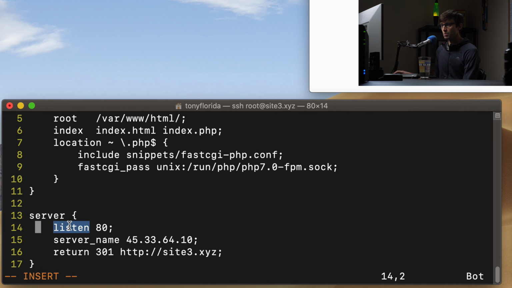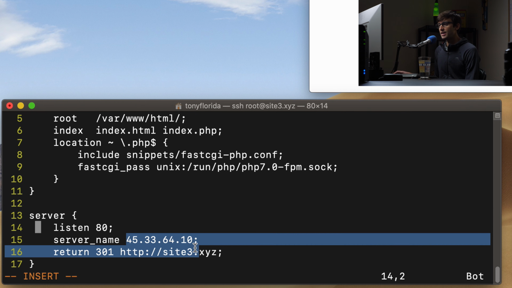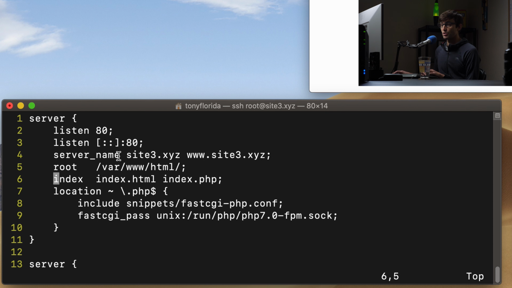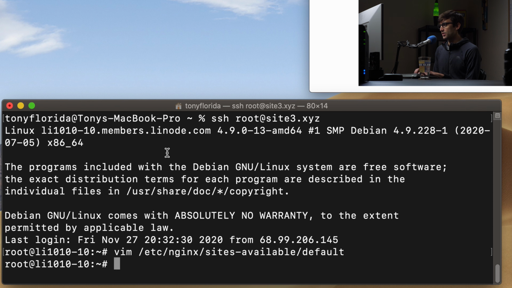So we're also listening on port 80. The server name is the IP address, okay? When anybody navigates to the IP address, we want to return a 301 permanent redirect to the domain name site3.xyz, and the configuration file above will actually handle serving that request up here. So if we save that and we restart the server with